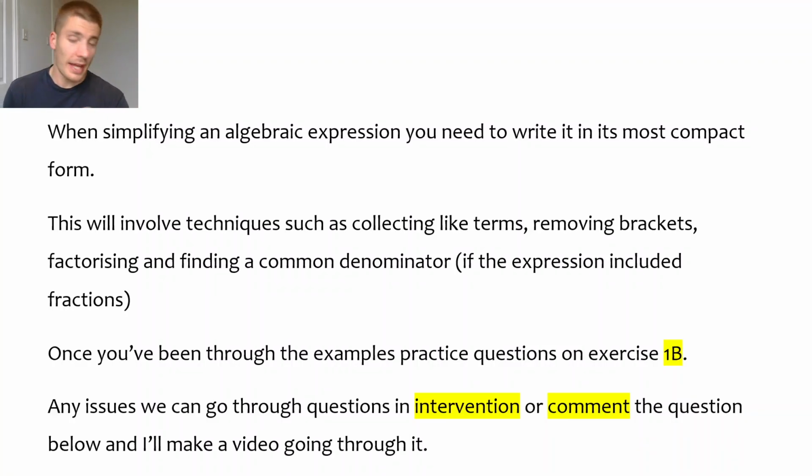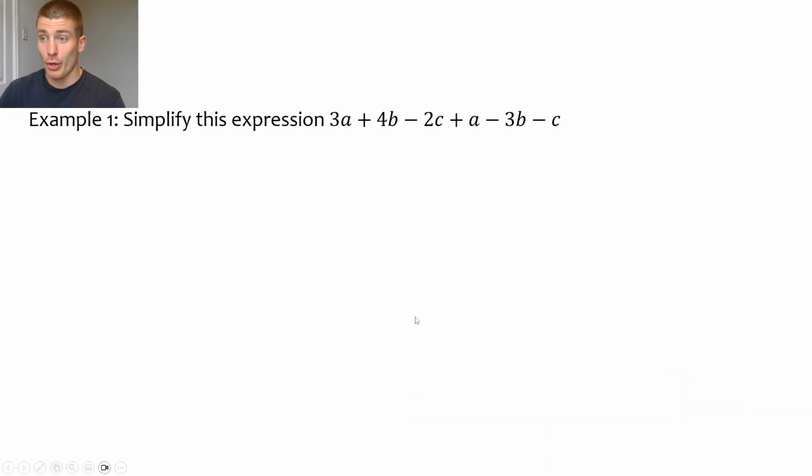A bit like exercise 1A, you've got to make sure you've got the fundamental skills. Okay, so this kind of stuff, we'll go through each of these one at a time, nailed down, because the questions will get more complex, and these are like core skills within questions. So in the next video, we'll look at example 1,